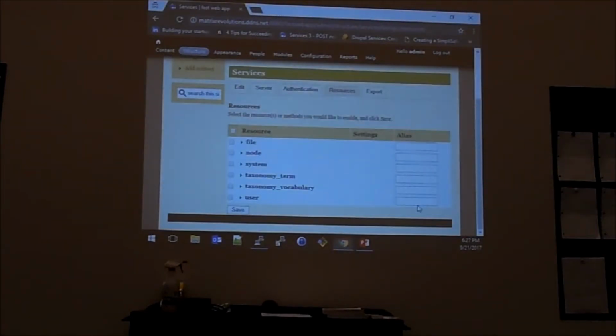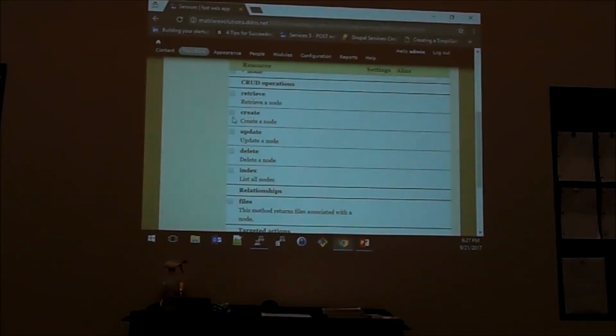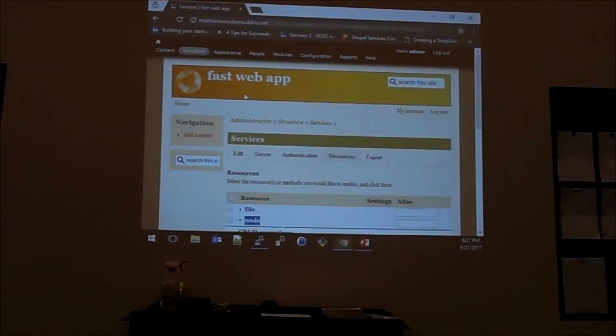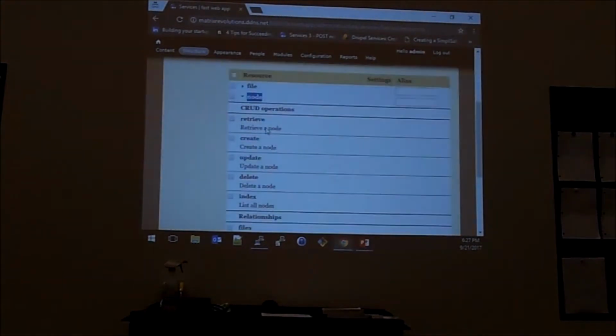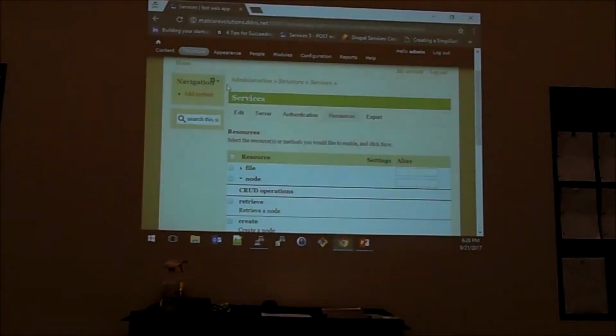So we'll go to edit resources, and we need to be able to pull content from that REST API. So in Drupal, there's the concept of entities, and users are entities, pages, which we refer to as nodes, are also entities, and taxonomy, which is kind of like keywords or categories, are also types of entities. So with the node entity, basically a basic page is a type of node, and a node is a type of an entity. So in order to be able to access the page that we did create, we'll need to be able to retrieve a node,